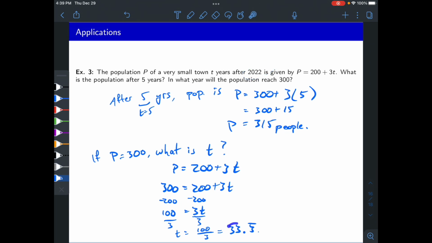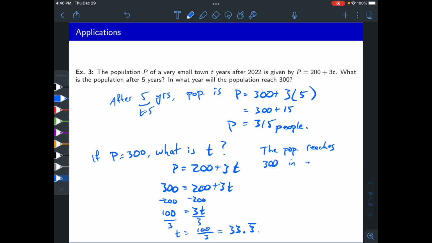So this is saying that after 33 and a third of a year, so like sometime in April probably, the population would reach 300. So the population reaches 300